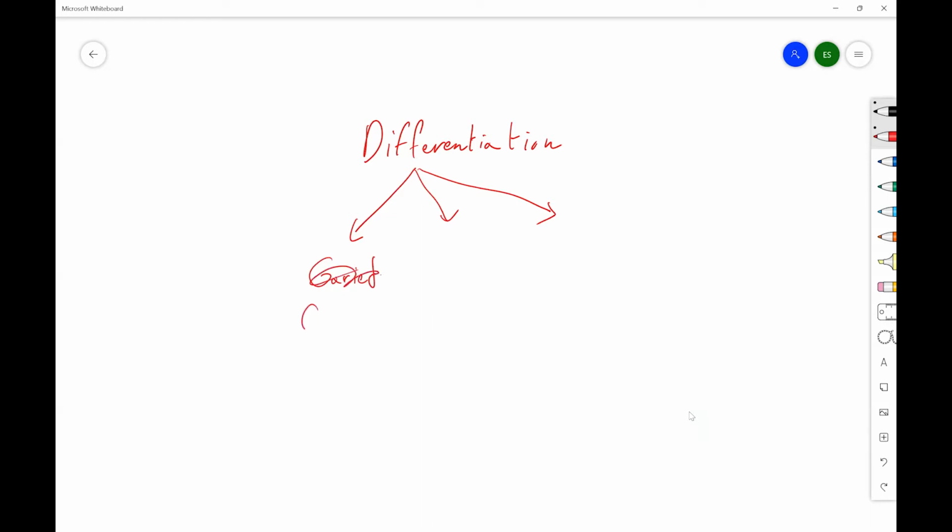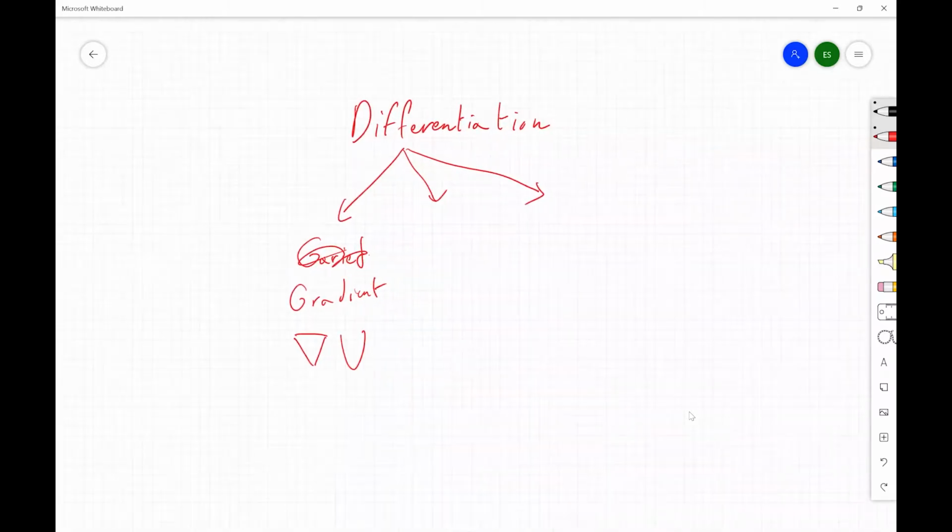Right? So at this point, we're talking about differentiation. And differentiation, just like integration, comes in 3 flavors. Those 3 flavors are called the gradient, nabla U. Typically, we differentiate a scalar field. And then the other flavor is called the curl,